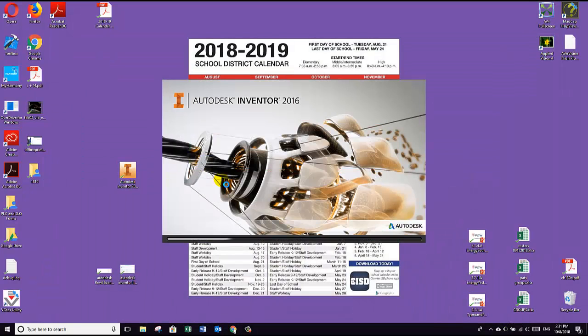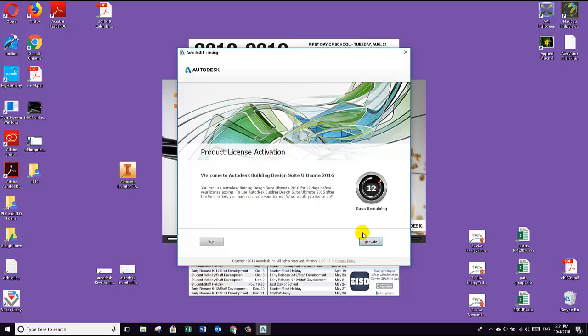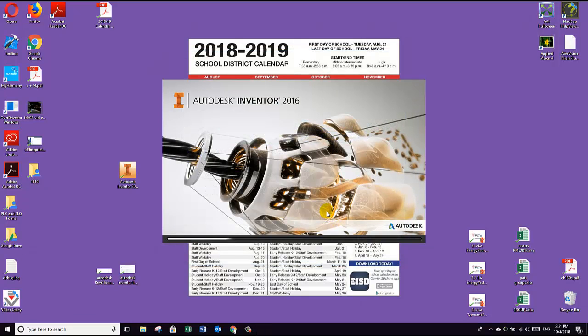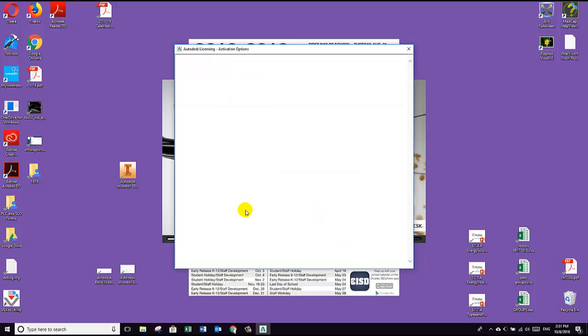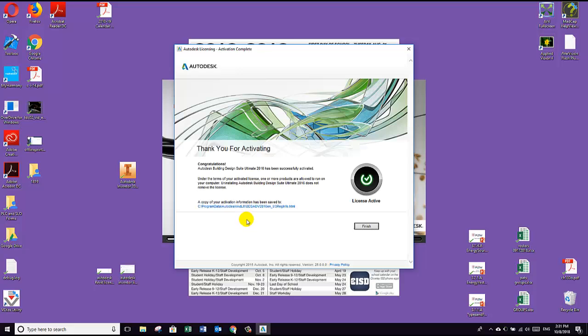As we've done with the other shapes, we're going to be using Autodesk Inventor, located on your desktop, to create this part. If you get the activation screen, click Activate. When the next screen comes up, click Connect Now and Activate, click Next. Hopefully it will not ask you that question every time. And then once that loads,